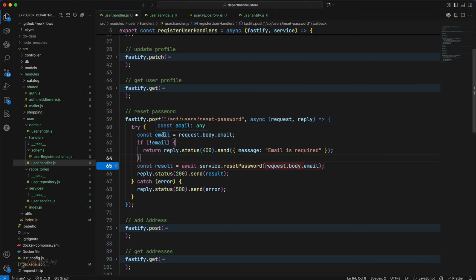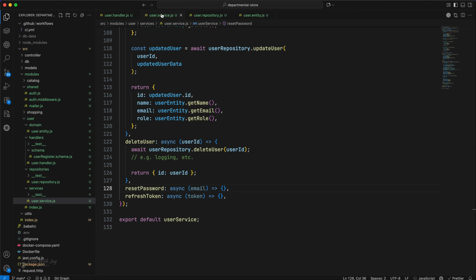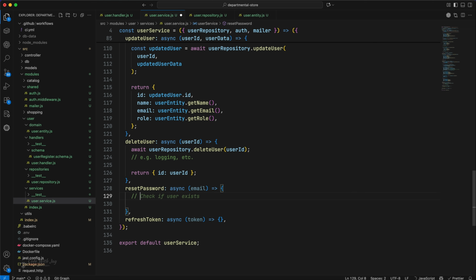If there is no email set, then we can send some kind of error message saying email is required, right? Then we simply pass that particular email to our reset password. So let's go to our user, and this is going to be reset password, and here we are accepting the email. So the first thing we need to do is generate